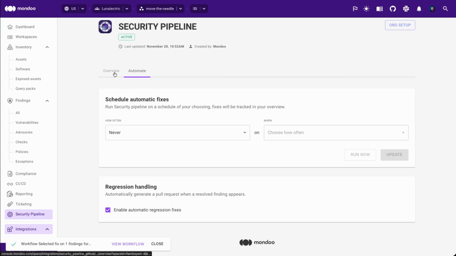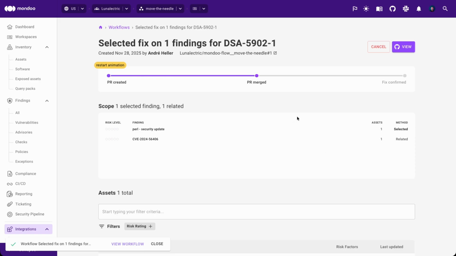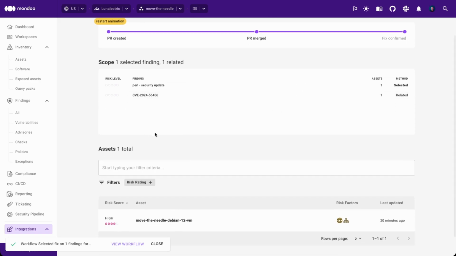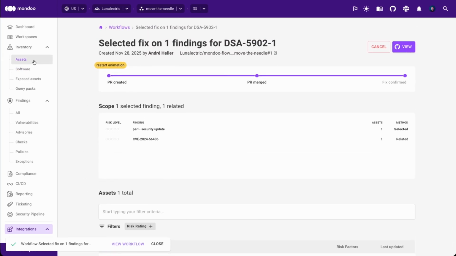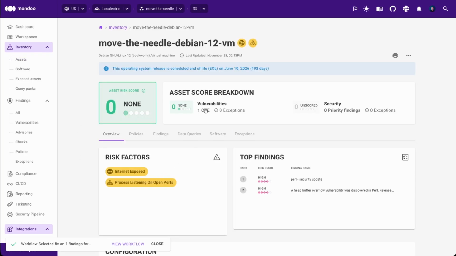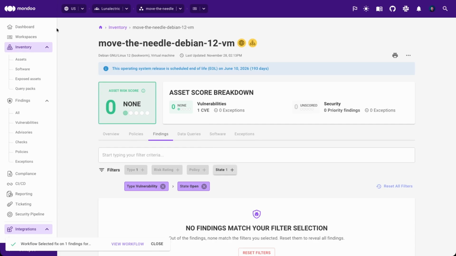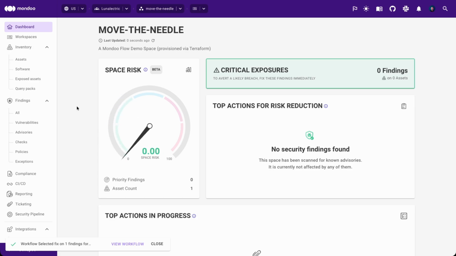And if we now go back to our overview, we can see that the one that we just submitted one minute ago is already fixed and the fix is confirmed. So the findings are not there anymore and we now have a fixed asset. And if we now go back to the asset, we can actually see that there's no risk anymore and that there is also no CVE anymore. And if we go back to the dashboard and reload it, we can see that the risk score is now down to 0, which shows that this device is fixed